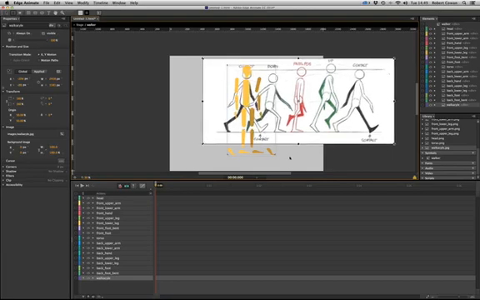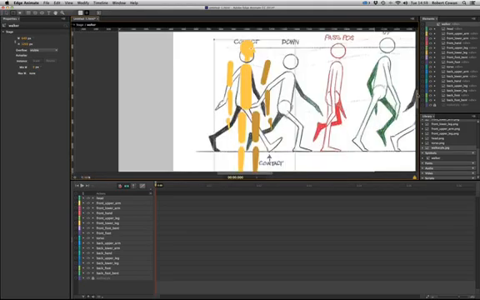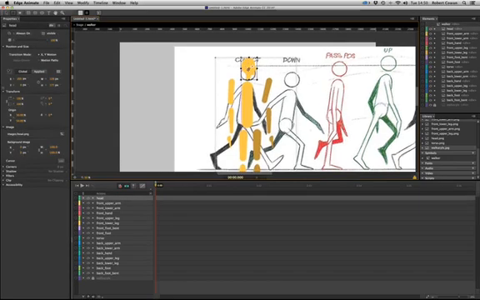And then once we're done with that, let's lock that off. So you can either do that in the elements or down here on the timeline. Click on the little dot that's next to the eye, and that is now locked, so we can't move it. Now all we need to do, I'm going to zoom in a little bit again, is using our transform tool, move all of these parts